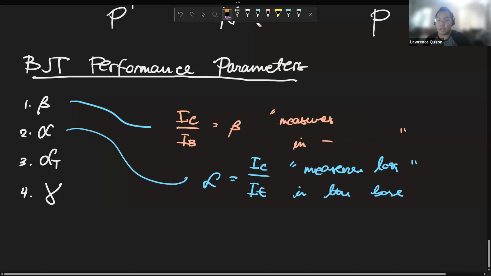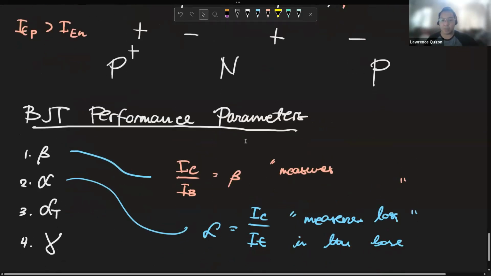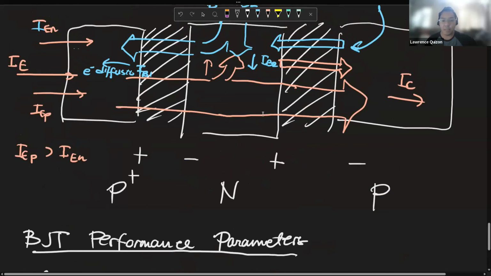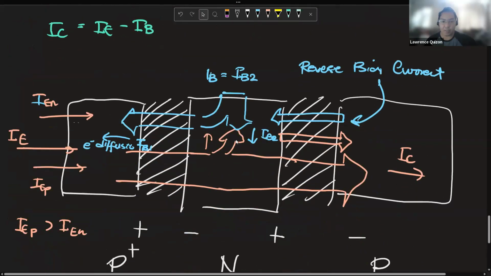The thing about the IC over IB, yung beta, so let's go back to beta, is the fact na proportional kasi itong number of carriers recombined in the base is actually proportional to the strength of IE. Because if there's more carriers passing through here, there's more carriers that are going to be lost in the base, which shows us that